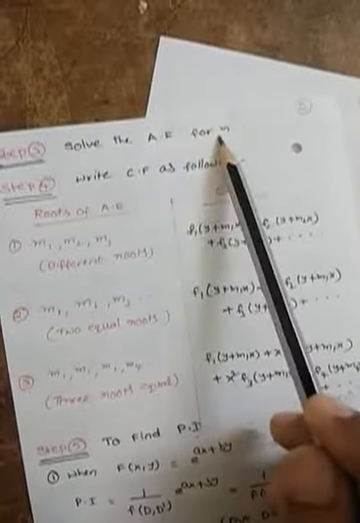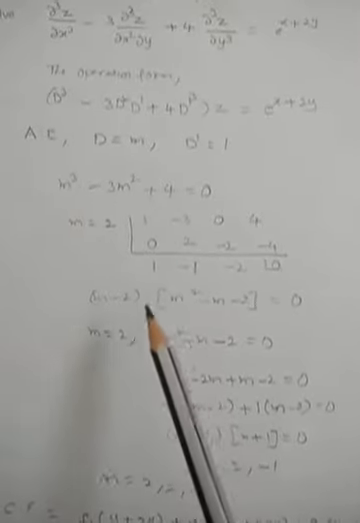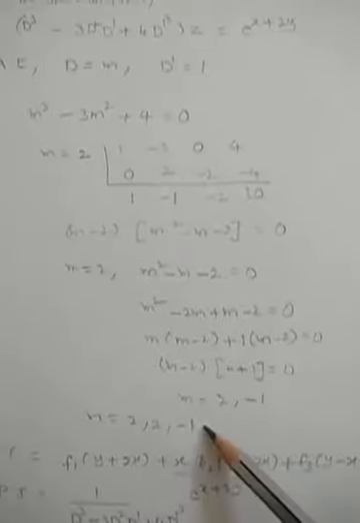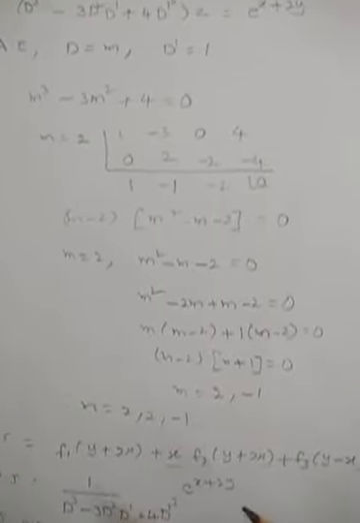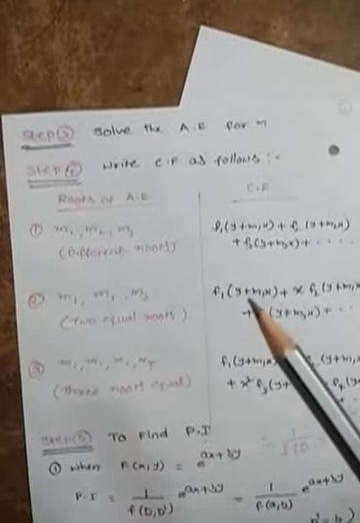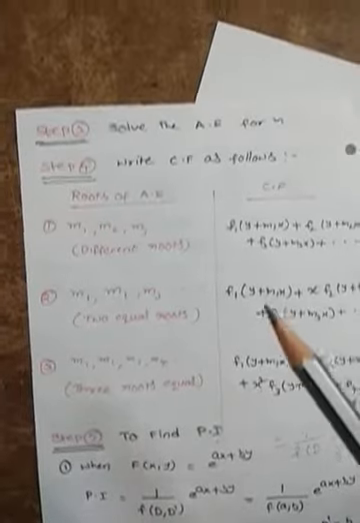In the third step we have to obtain the auxiliary equation and solve for m. Here m can be solved by using synthetic division or the factors finding method or Horner's method. So here we have to get the m values. These m may be real numbers, real and equal, real and distinct, imaginary or irrational. Any roots may be obtained. We do not require the nature of the roots here, but in ordinary differential equations we have to consider the nature also. Here we need not consider the nature of the roots.